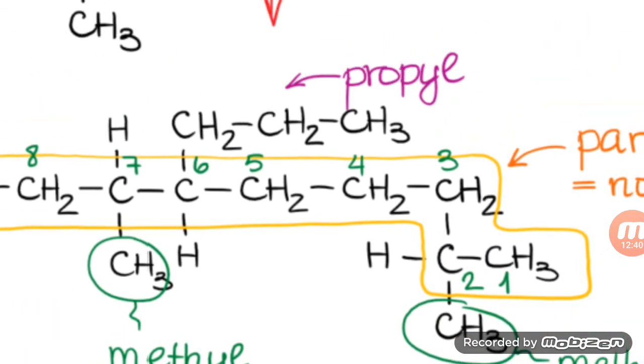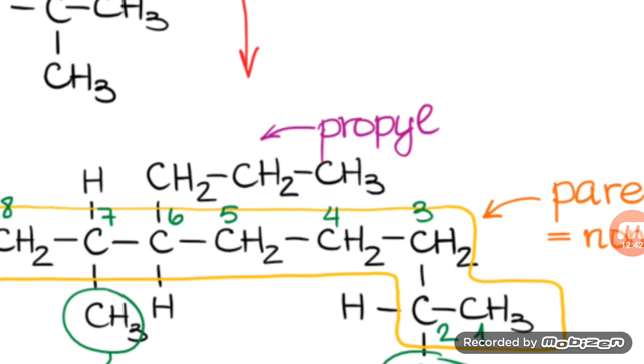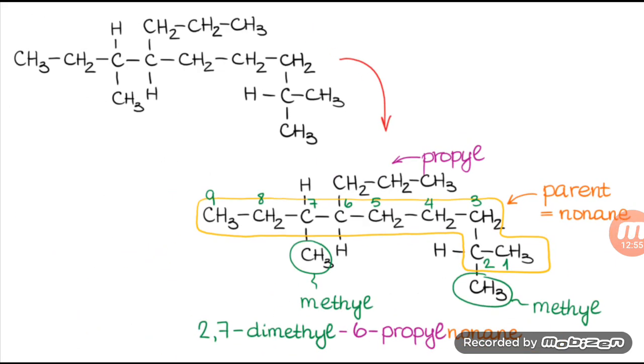6-propyl. Okay, this group is quite a bigger one, and you must have asked what it is, this is having 3 carbons, could this be a part of the longest chain? No, this could not be a part of the longest chain, this is a substituent having 3 carbons, so I told you before that the word propyl would be used.